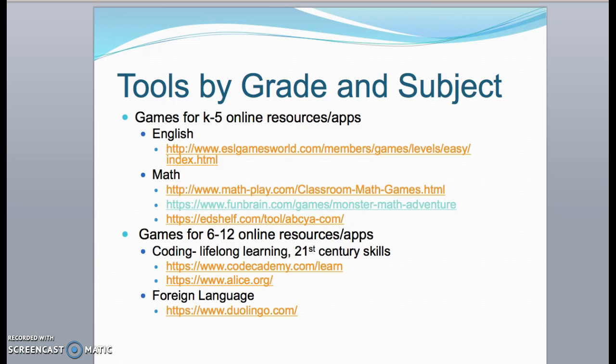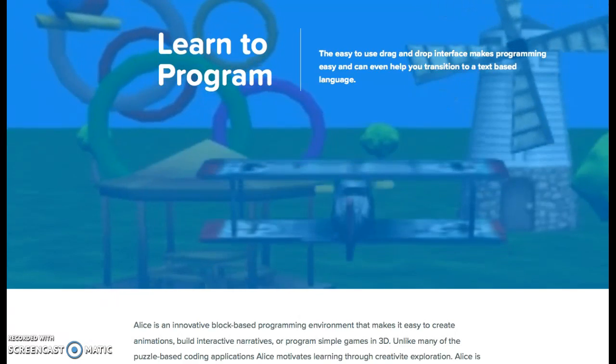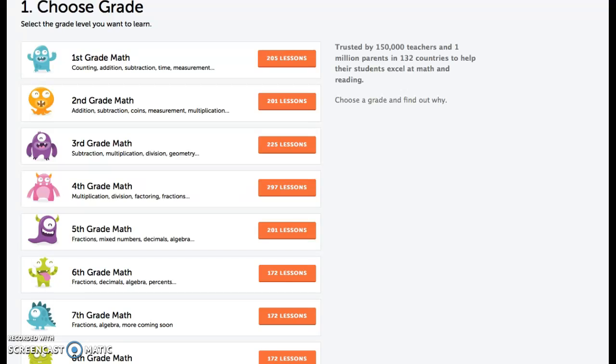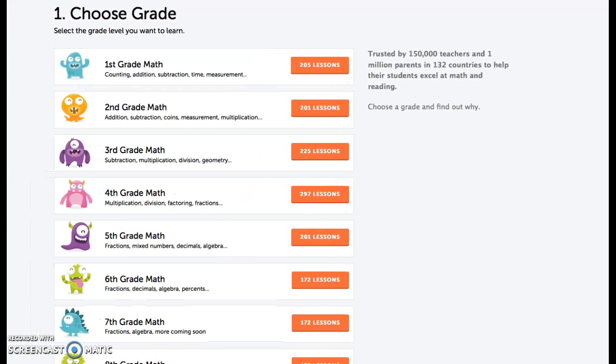It is probably for younger students. There's a lot of websites. I don't know about you, but I definitely played Fun Brain games when I was younger, or when I was in elementary school. And there's a lot of cool lessons that are already created on it. This is Alex. Here's a page. So this is actually through FunBrain, but